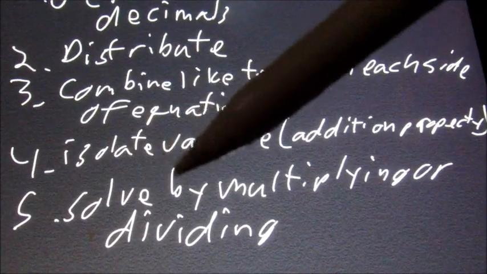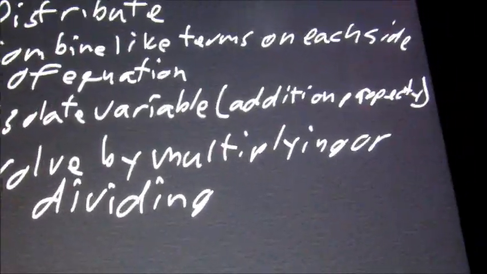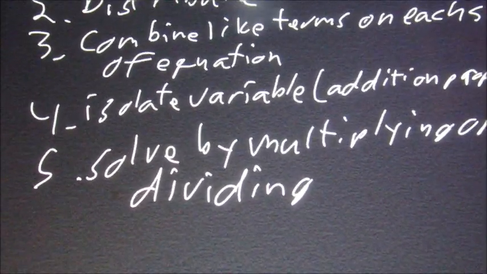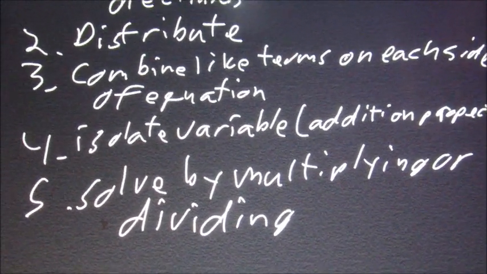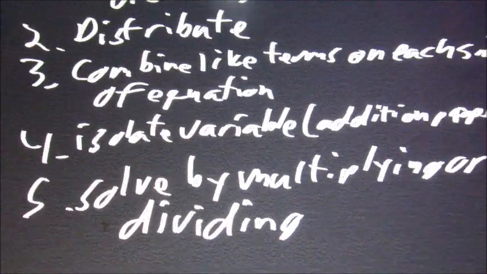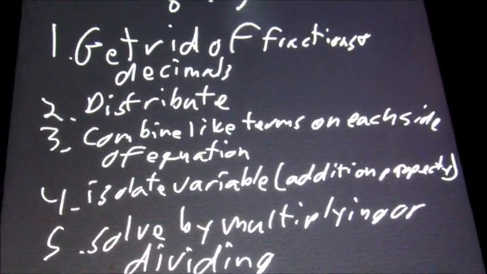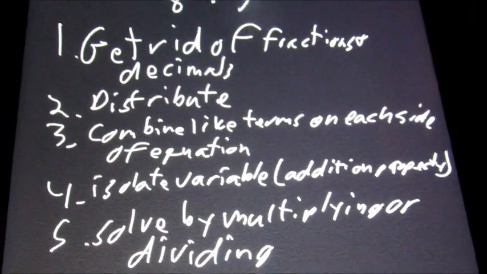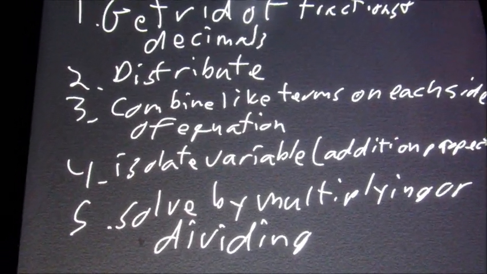And then finally, you're going to solve by multiplying or dividing. So at this point, you're going to have something like 3x equals 6 and divide by 3. Or you'll have x over 2 equals 4 and you'll multiply both sides by 2. So some examples of questions that you might get. But first, I recommend that you keep this list with you whenever you're solving equations, just to help you out with everything. So, the first example is if we have